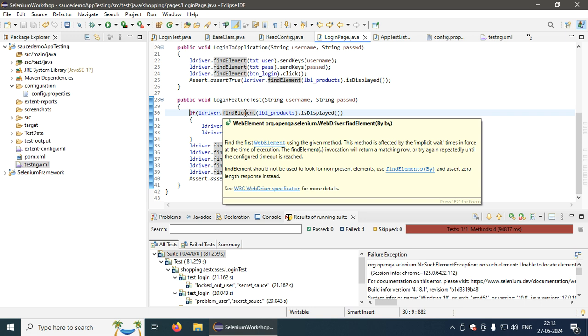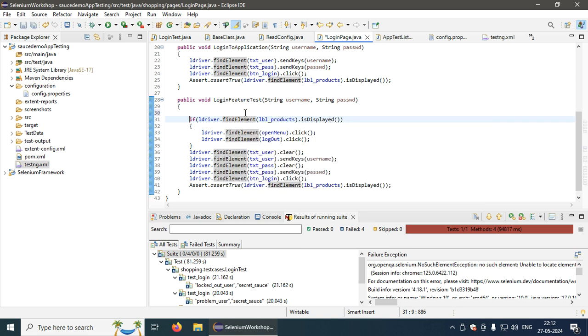Now find elements will return me the array, correct? Array of the elements. And if I check the size of that array, because my locator is expected to return a unique object, right? So either the value should be 1, or if it doesn't find that locator, the value will be 0, that is size will be 0. So how I am going to write? List web element